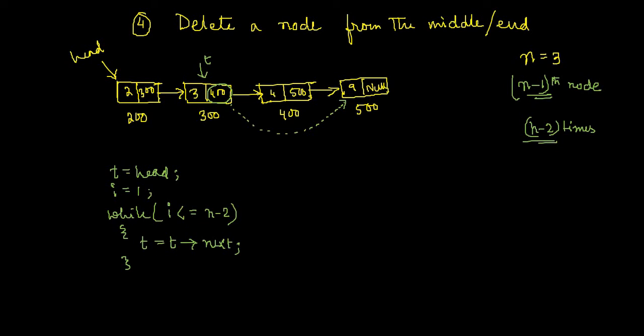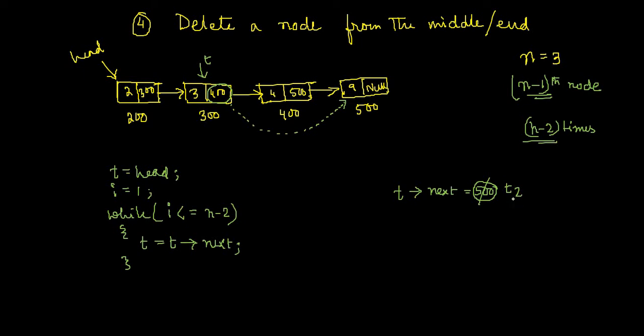And if the next node of this has to be deleted, then I have to connect the previous node with the next node of the node that I want to delete. So that means you must connect this third node with the last node, and if you want to do this, somehow you have to insert 500, so you must insert t next equal to 500. But how will you get 500? It's not possible to find out the address. So that means some pointer I require.